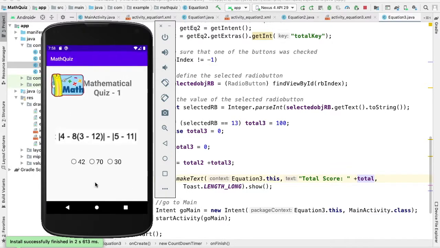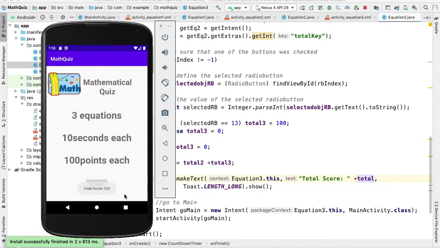Let's take another check here. Let's take the first one as a correct one. The second one, a wrong one. It's supposed to be 18. Let's take the minus 9. And the third one, the correct one, 13. So we should get 200 after 10 seconds. And it takes us back to the main. 200, start main. And the last test